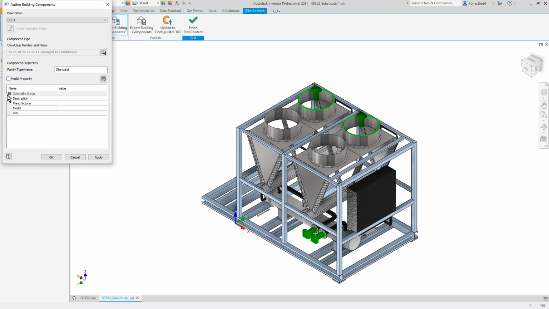And then we can also include properties from the model. The family type name is going to be useful in Revit so that they can see what this is, rather than just a standard name. And this is a single size, so maybe this is like a 40-ton air handler. It's out of the scope of today's webcast, but you can create